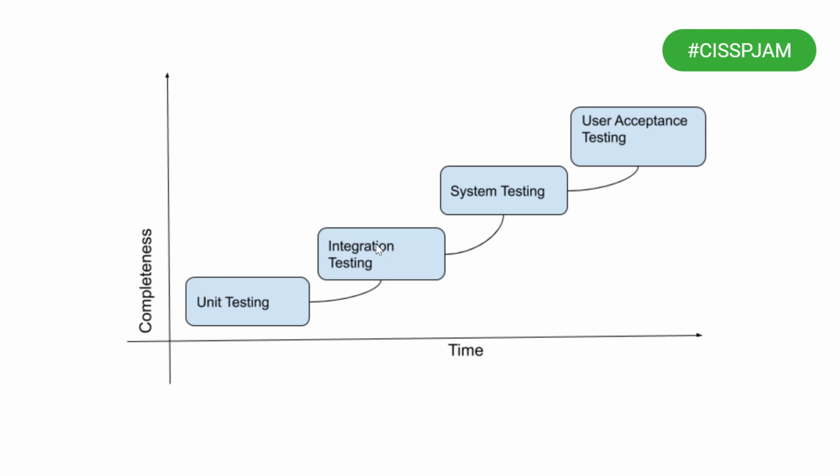Here you can see on the y-axis, the vertical line, is the completeness of the software. And on my x-axis, I have the timeline. So as the time progresses, my software is getting developed. And this slide will give you an idea that, regardless of what phase you are in, you have